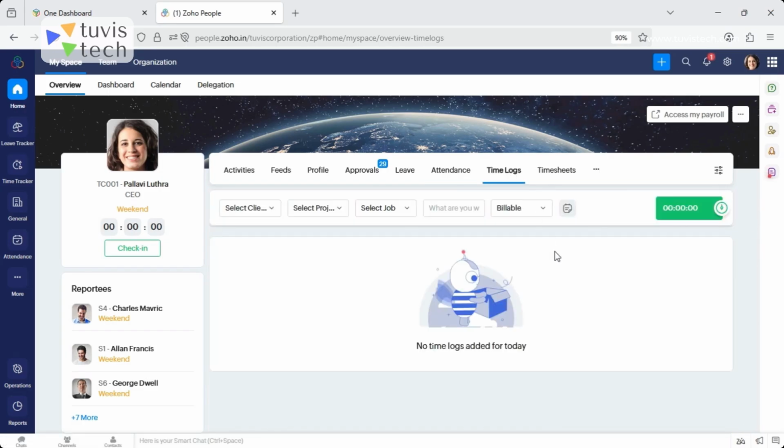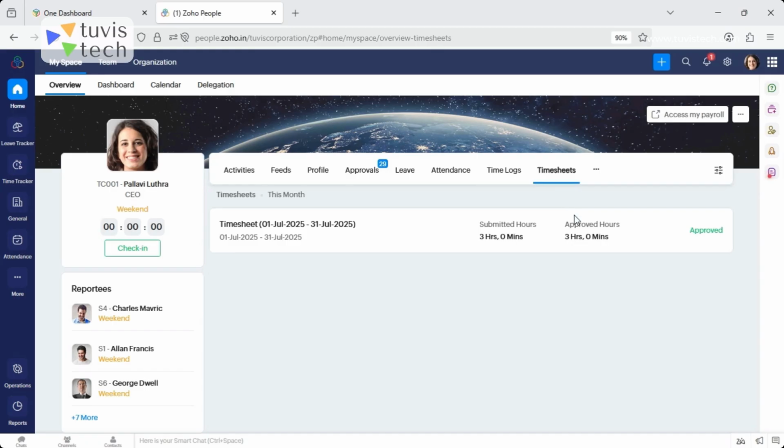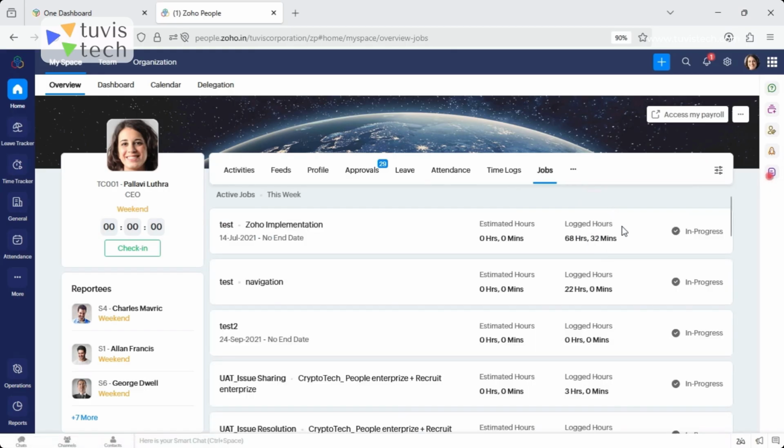You have the time logs wherein you can also log your time for a particular day, and then you can always convert that time log to time sheets for the approvals from your reporting managers. There are different other features and modules related to your jobs in the time logs. When you click on the jobs, you can have all the jobs which are pending for you or in progress,